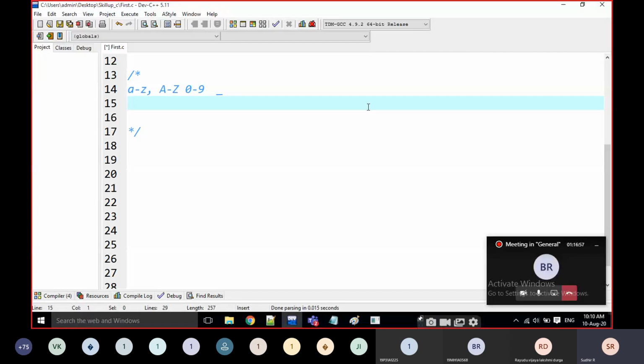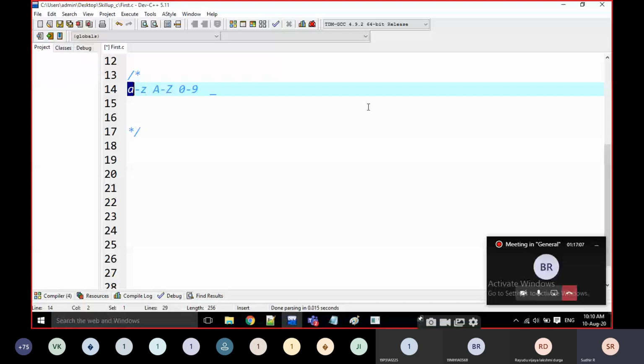Using only these characters, small a to z, capital A to Z, 0 to 9, and underscore, we can write any variable name. We cannot use any other characters. Only using these characters can we declare one variable name.